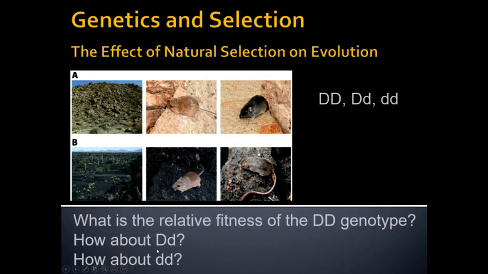So I just want you to think about, there's no straightforward, clear answer to this. It's a complicated answer for which we may need to go into the field. We might need to gather data. We may need to also evaluate the genetics. Is it complete dominance? Is it codominance? Or are we seeing some other more complex genetic feature playing a role here? And we're not going to get into the really complex ones, but we will look at dominance versus recessive alleles here in a little bit. But once we do all that complicated data gathering and analysis, we could then perhaps modify the Hardy-Weinberg equilibrium to take into account this effect of natural